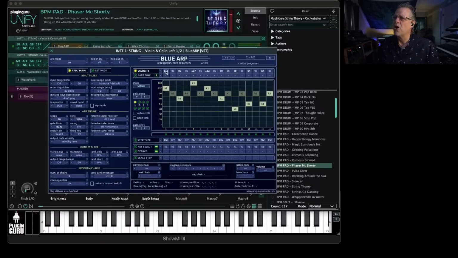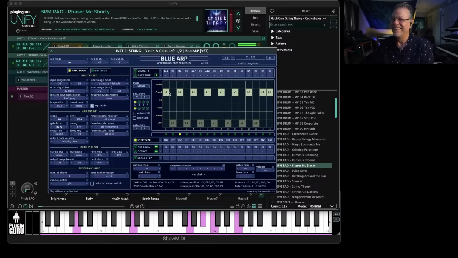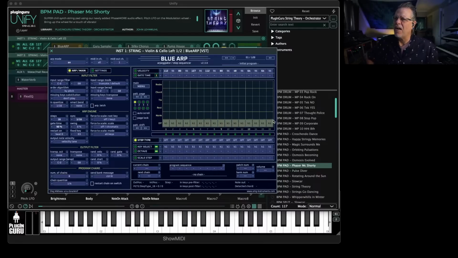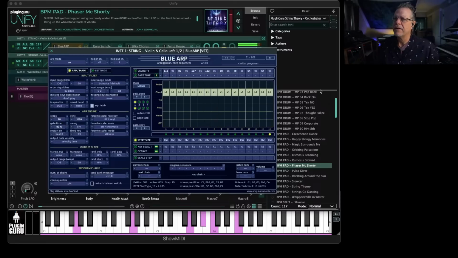But the very first note, if we go here to step type, it's supposed to be a chord. And it always plays just the first note. It doesn't play the chord. And so I've emailed Oleg, but he's probably busy with something else. But after that first note, it's playing chords. And so if I set these to all off, now it's not doing anything. If I set these all to chord,